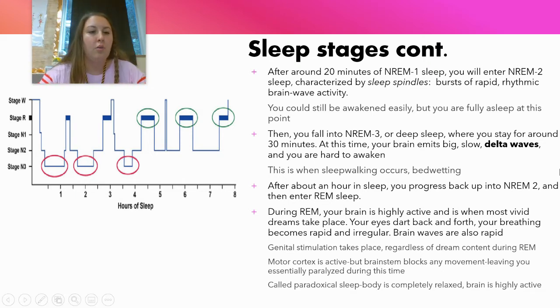Okay, so we've fallen asleep, then we go to stage 2, then we're in deep sleep. We're there for a little while, for about 30 minutes. And then after that 30 minutes has progressed in our first cycle, our brain is going to go back into stage 2. It'll be there for a few minutes, and then it's going to progress into REM. So REM is at the very end of each sleep cycle.